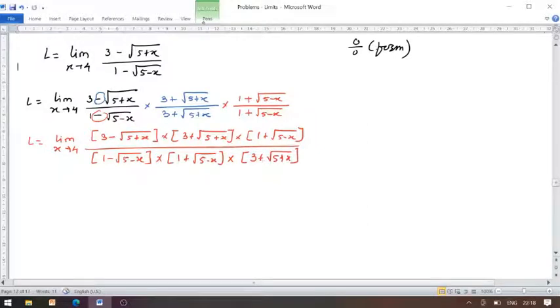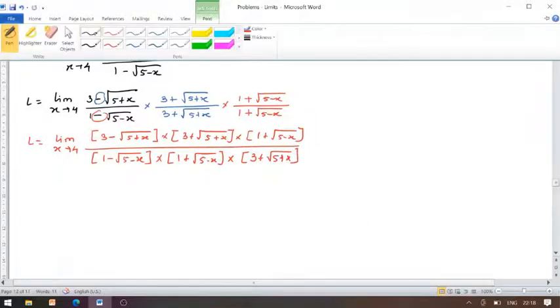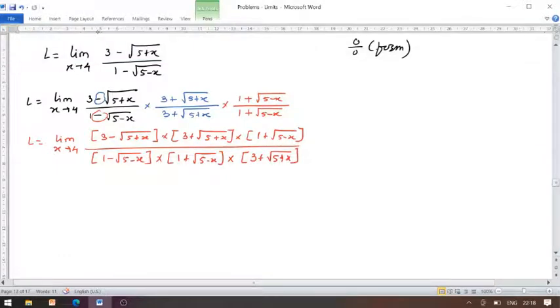Now look, once we have to rationalize the numerator or denominator or both, definitely somewhere we have the a minus b into a plus b form. That means after all it gives us a square minus b square. So from the numerator, a minus b into a plus b as compared to the first two factors, and from the denominator, a minus b into a plus b as compared to the first two factors.